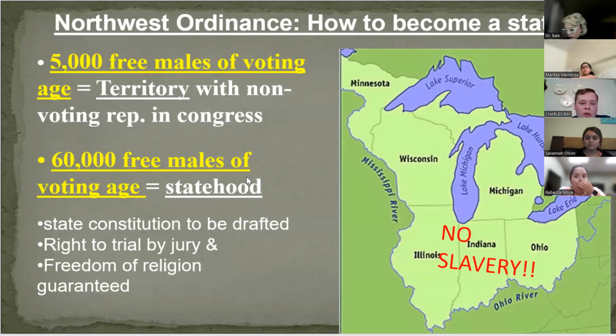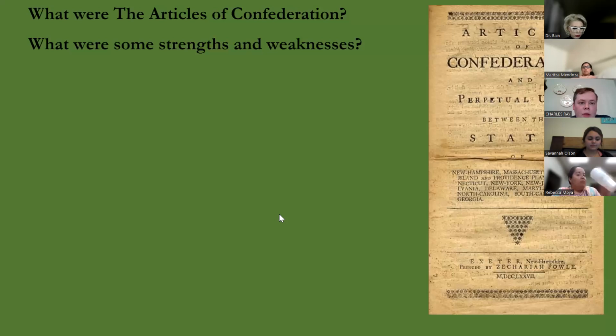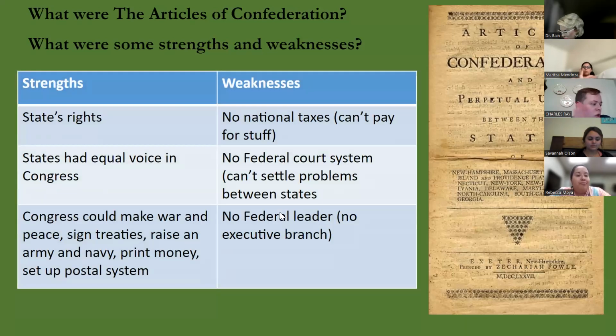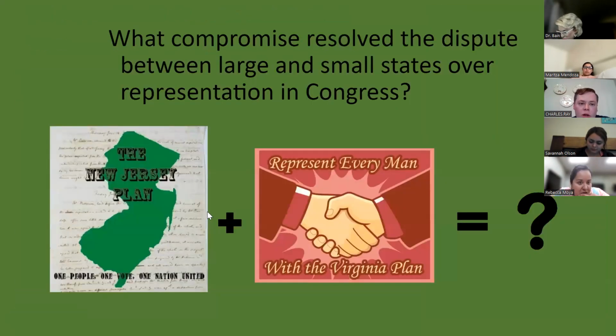Thankfully, we don't do any of that, your state came in later than my state, so I'm better than you. Thankfully. Okay, so strengths and weaknesses. Core 242 and things you really need to know is the national government can't tax. They can't raise armies. They can't settle problems. There's a whole lot of things they can't do. And that's what made them so stinking weak.